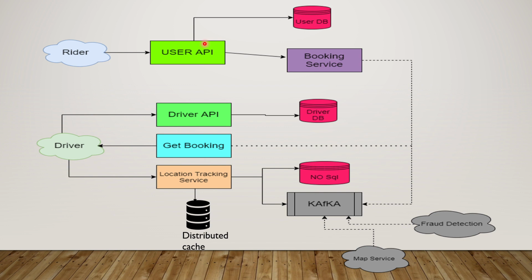There will be a particular schema involved. When you store the profile of the user, there will be a user table which will have a user ID, the name, and all other details. If there is a transaction involved, there will be a transaction table which will also have some keys which will say, okay, this is the transaction ID, this is the user ID, this is the driver ID, these two were matched initially, and this is what he was charged.